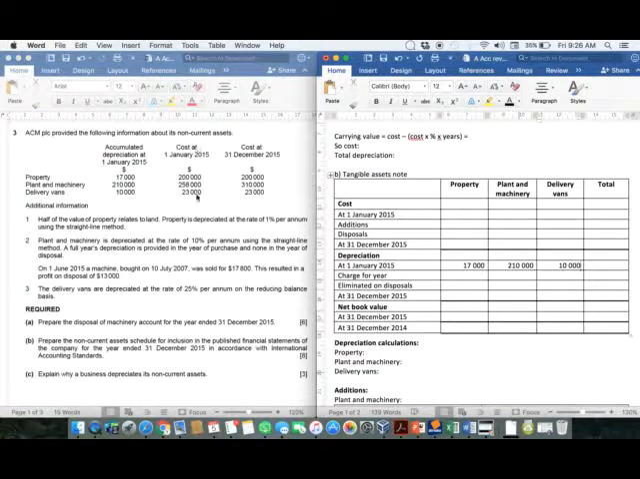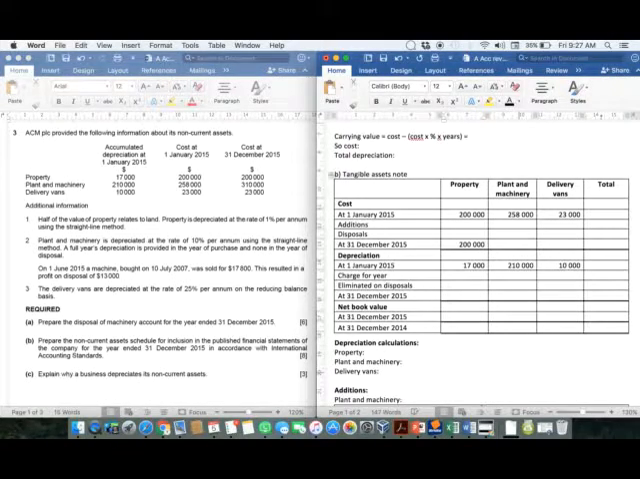I then look at my costs. I've got my cost at the beginning. So my property I'm going to show as 200,000, my plant and machinery 258,000, and my delivery vans 23,000. At this stage, you can also fill in your totals, or you can come back and do them later. Personally, I prefer to do them all at the end so that I'm not getting distracted. Right, I can then now put in my cost at the end of the year, on the 31st of December at the end,